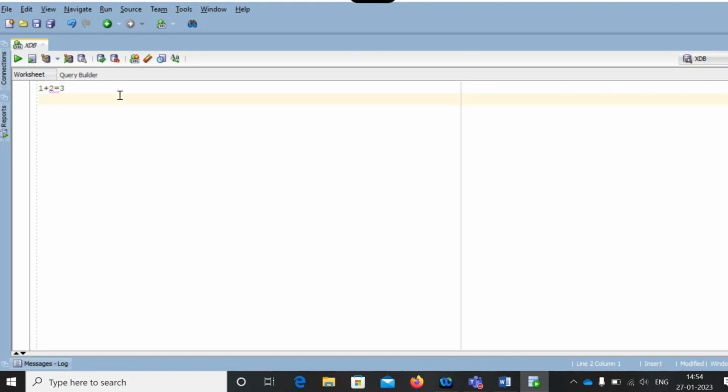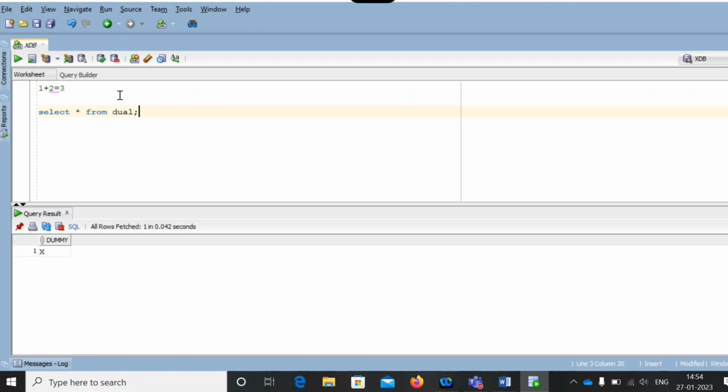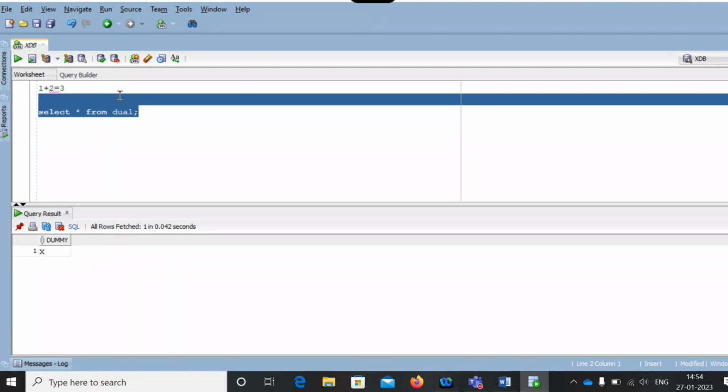If you want to do these things, let's start from dual. Dual is a system defined table, used where we need temporary tables. You cannot run anything blindly or separately.